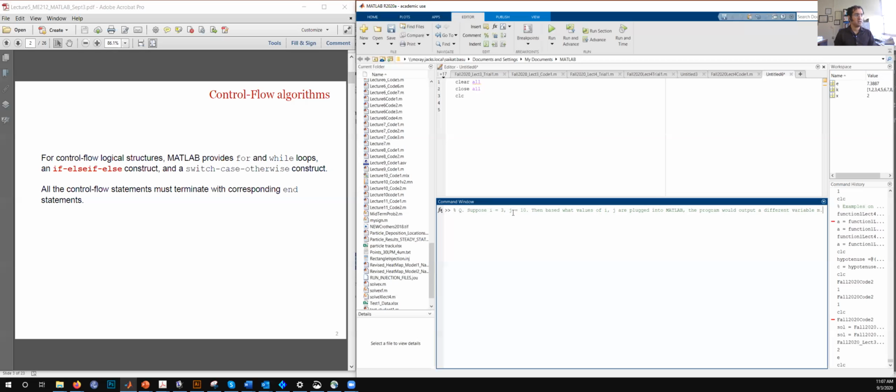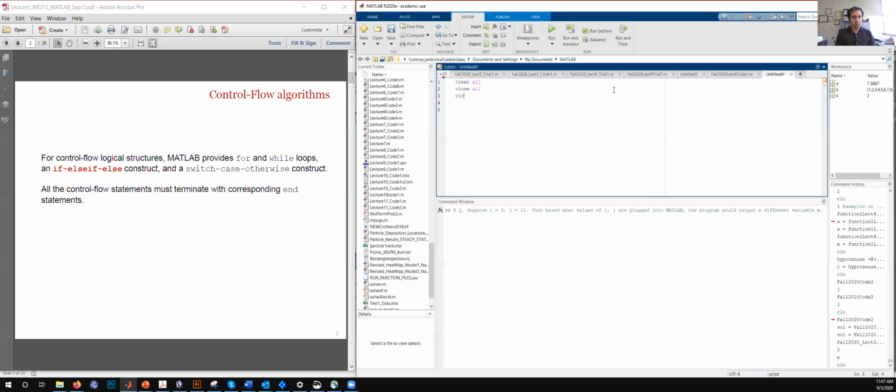for the first problem, I just want to check if we understand how this if structure works. So it says that, okay, we know some values for i and j. Let's plug those into the code. So i is 3 and j is 10.